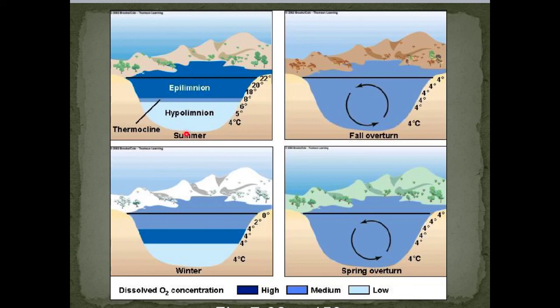So you can see here in the summer you tend to have lower concentrations of oxygen down below, higher above. Same here with the winter. But actually, no, if you look at this, you can see that the medium concentration is here at the top in the winter and the high concentrations right here in the middle. Or in the summer, the high concentrations at the top and the medium is very small. And then with the fall turnover, you get that mixing of those different concentrations of oxygen that can bring nutrients up and cause